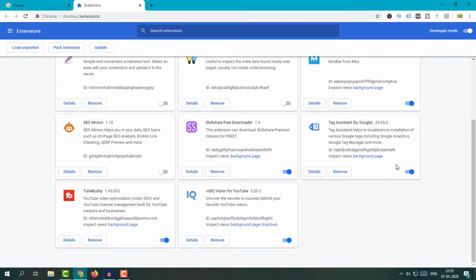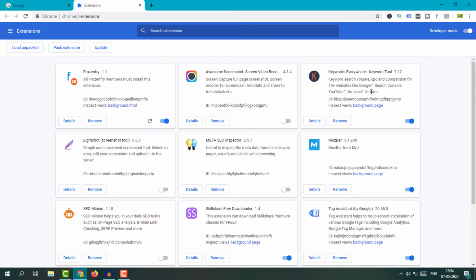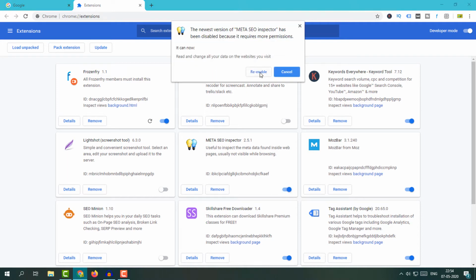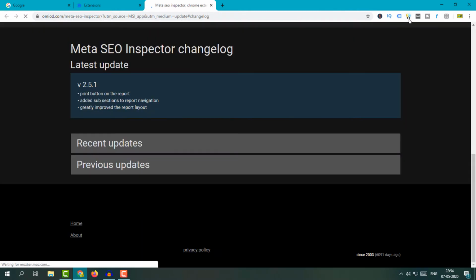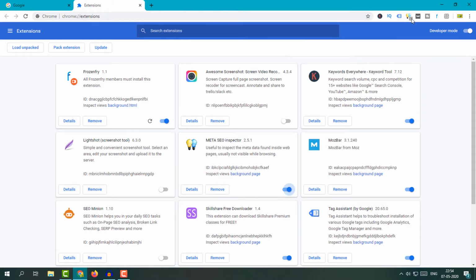This type of extension if installed into your system, then you can see over here. For example, right now this is my another extension which already I have installed. Just simply here if you click enable, then this extension will enable automatically like this. Okay, so this extension you can enable from here.